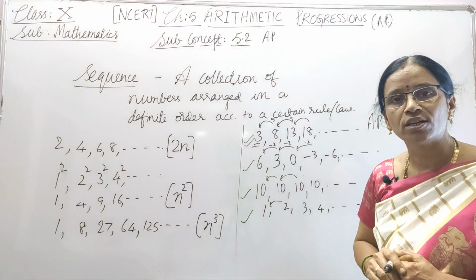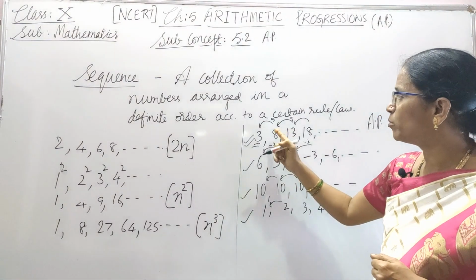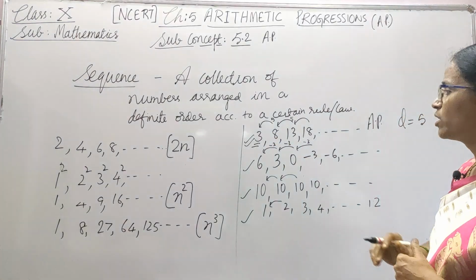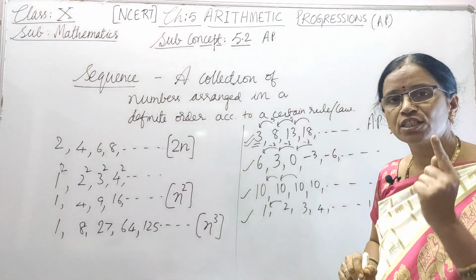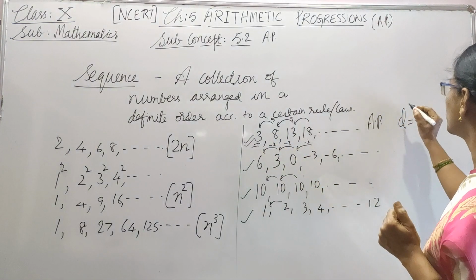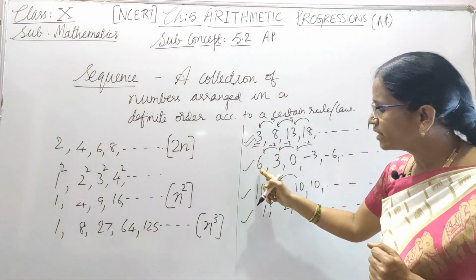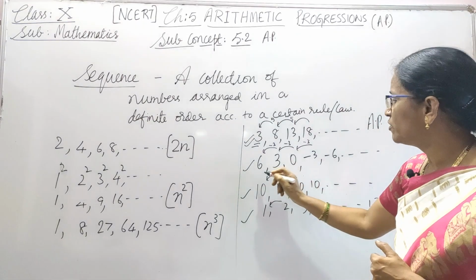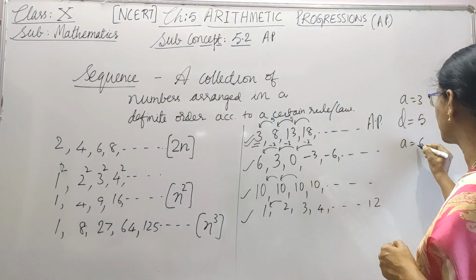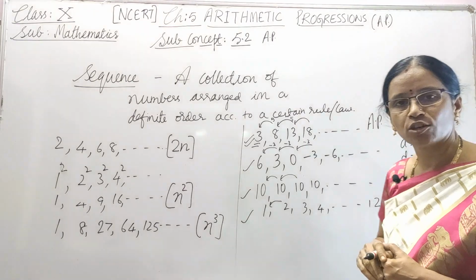Here the common difference is 5. And the first term is always denoted by A. So here the first term is 3. Now if we take this arithmetic progression, here the first term A is 6 and the common difference is